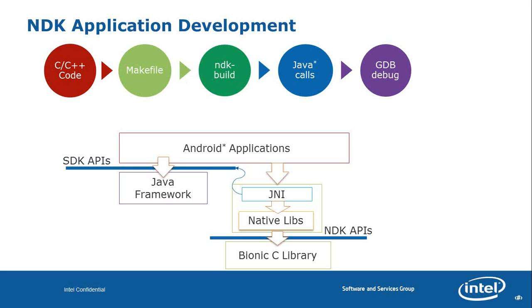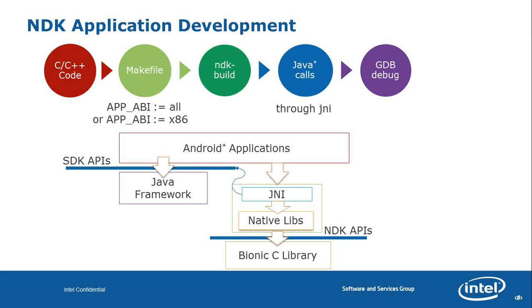So you have C or C++ code, which is the native code. When you want to convert existing C and C++ code, or write fresh new code for NDK, first you write the C and C++ code, then you generate a make file for that, and then you build it using ndk-build. Then you have a Java call in order to integrate this C and C++ code onto the Android platform, the Android SDK. How do you do this? What are these Java calls called? These are the JNI calls, that is, Java Native Interface.